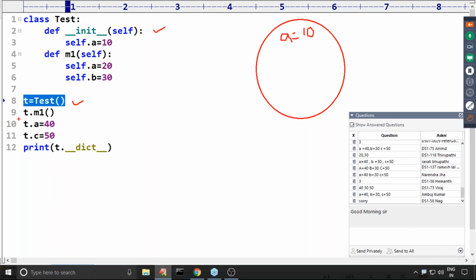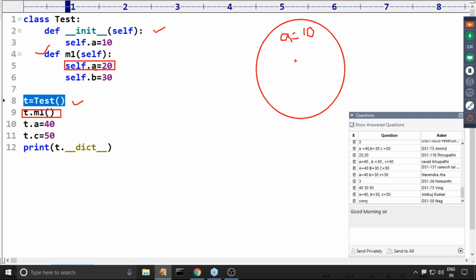Next, t.m1(). Now m1 is going to be executed. Here take very special care. self.a is always an instance variable, its value is 20. My question is, is instance variable a already there or not?